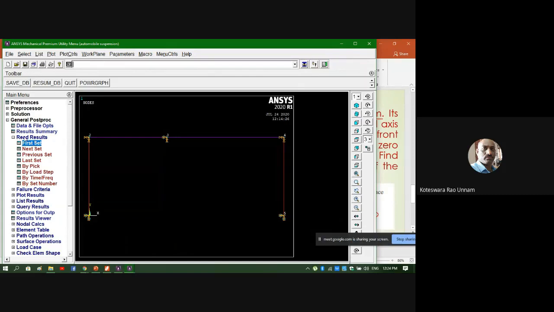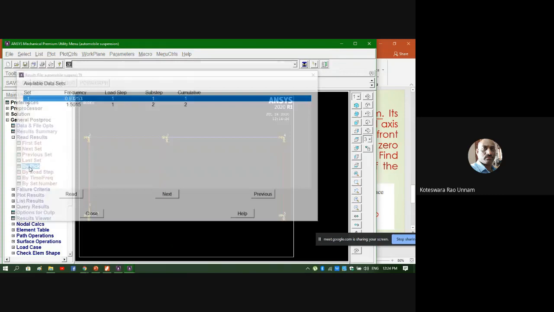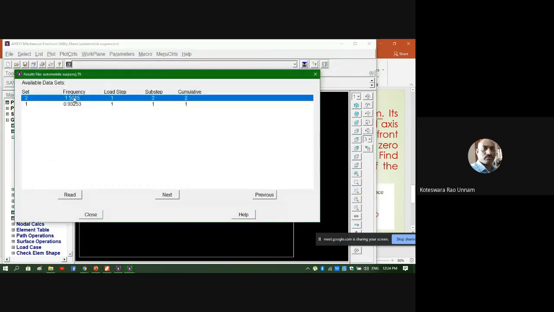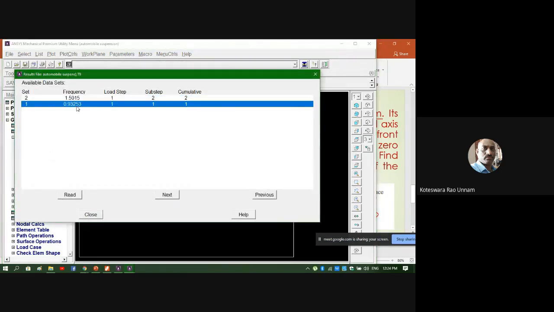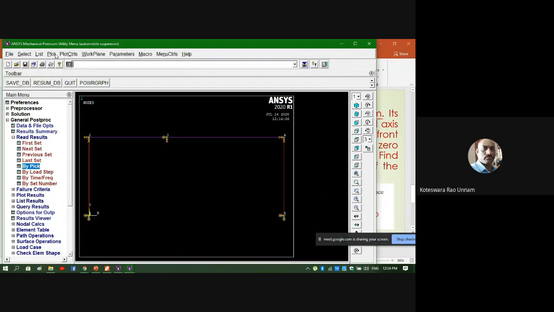For that, I go to read results, use pick, pick the first frequency and read it. I'll close this. Then I will animate it.